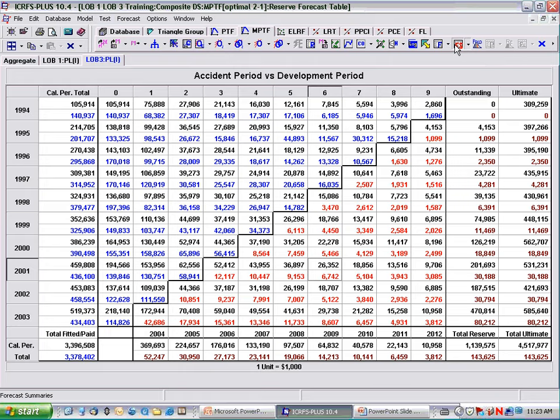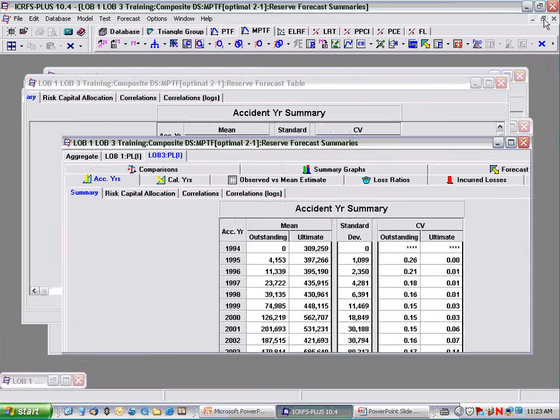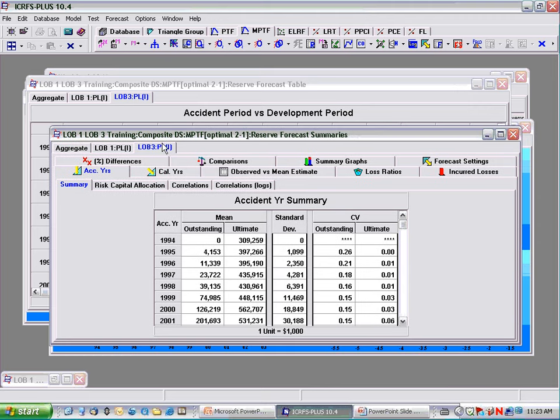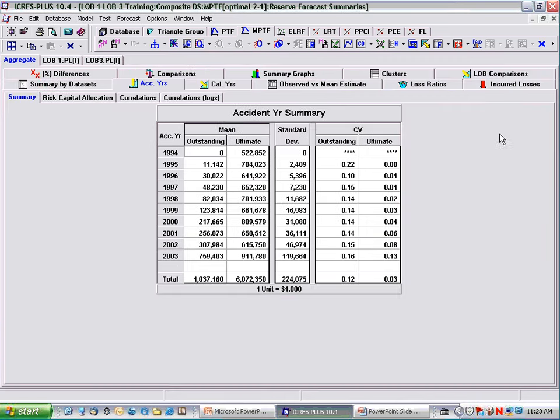Let's open that, and it's also tabbed. It has a certain hierarchical structure. So let's click on aggregate. Okay, and what do we have for the aggregate? We've got on the aggregate tab, I'm going to maximize it again. On the aggregate tab, there's LOB comparisons. Let's look at LOB comparisons. This one here, LOB comparisons. Okay, we're on the aggregate tab,